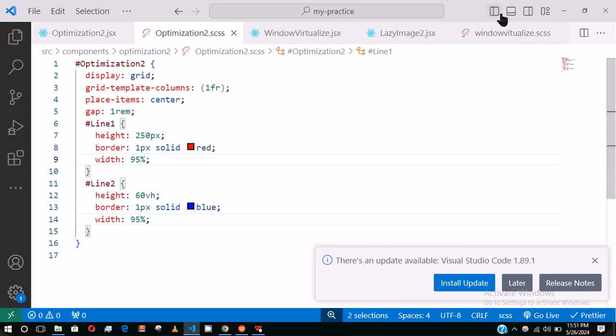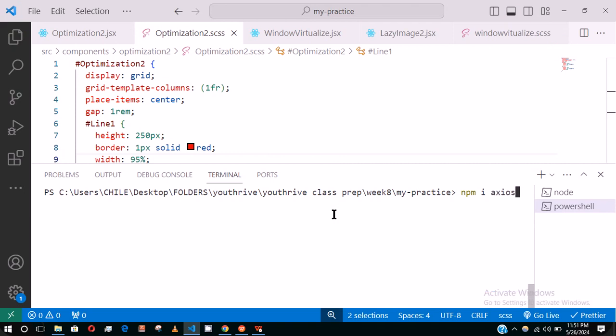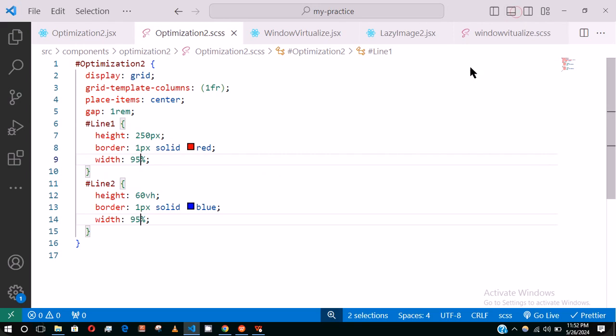So if I come to my terminal again and I clear this, and I type npm install axios, it's going to install Axios. I already have it installed, so let's begin to use it now. So in our lazy image component, we need